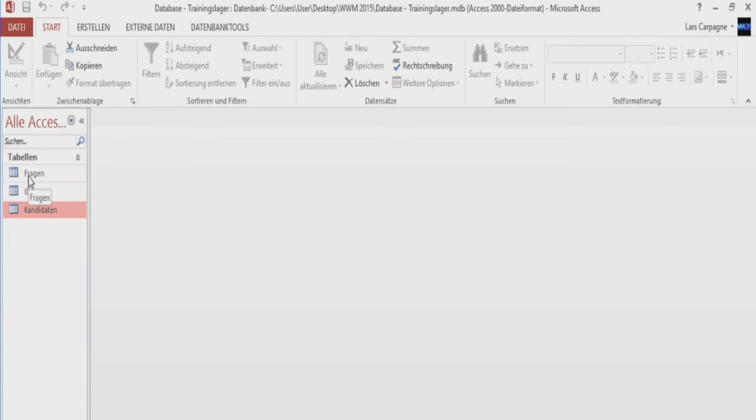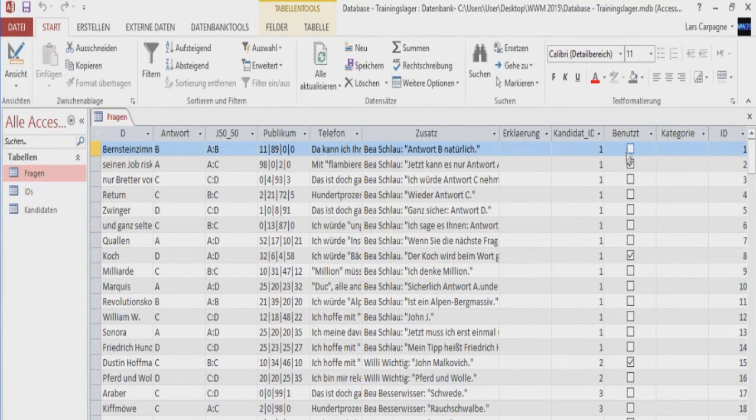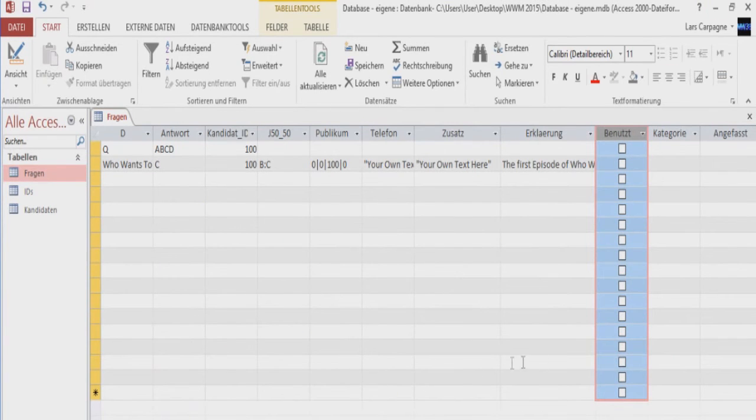Well, let's check for questions, and here, these are the questions I've already played for myself or in Let's Play. You see, each of them gets marked when it is played in game. We don't do that. The game automatically marks and remembers itself which questions are played,